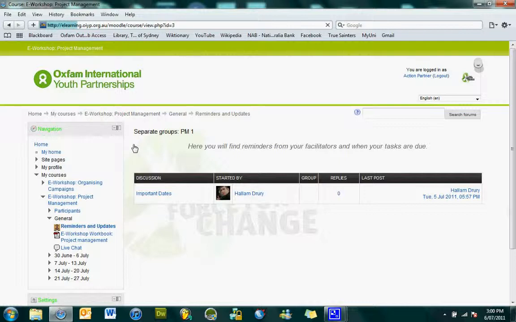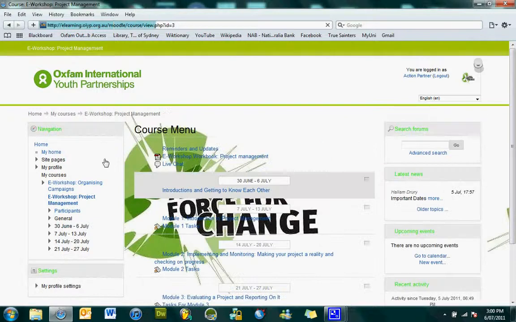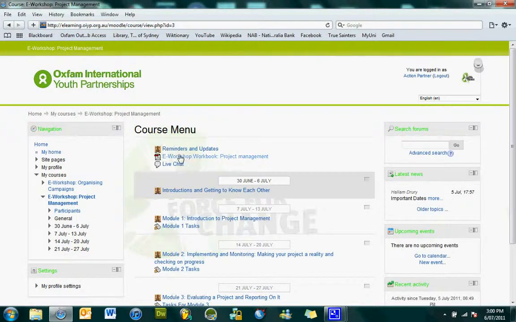And we will eventually return there. Okay, the second option here is the eWorkshop workbook. You will have received this via email, but if you need another copy, then you can access it through here. Simply click the title of the link, and you'll be taken to another screen where that document will download within